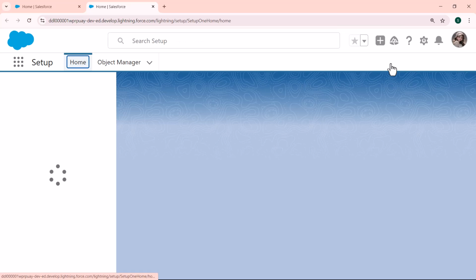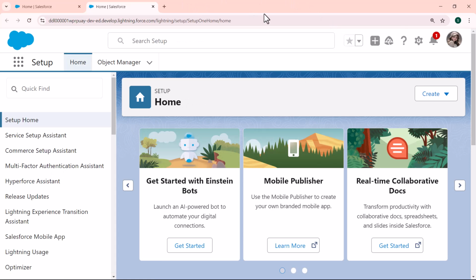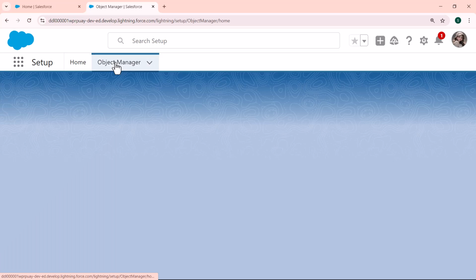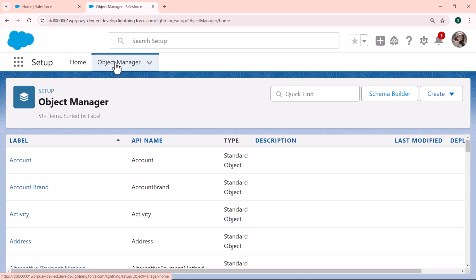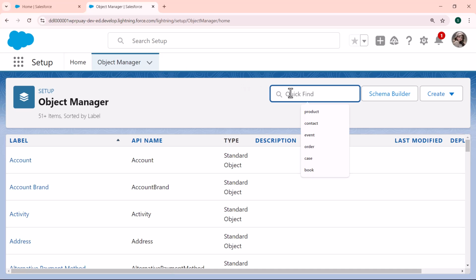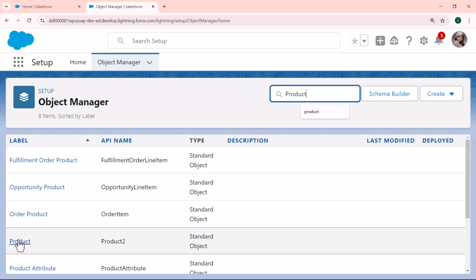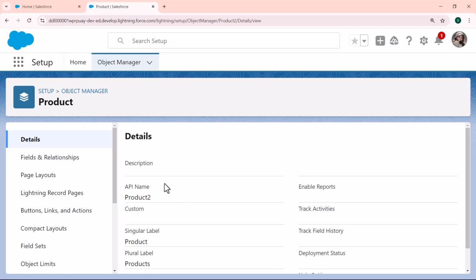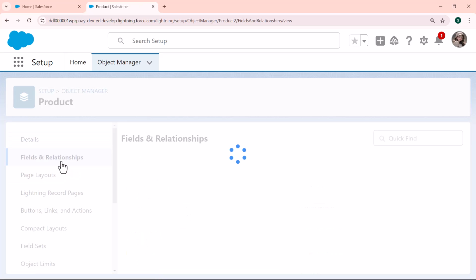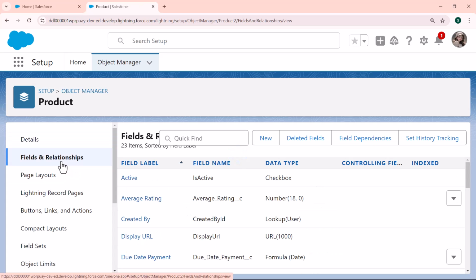And on the setup home page we can see there is an Object Manager tab present. Click on this Object Manager tab that is present on the nav bar, and our Object Manager page is open, and here the list of objects is present. So select the object from this list. I enter the Product object in the search box and click on this Product object, and then click on the Fields and Relationships option, and it will redirect us to the Fields and Relationships page